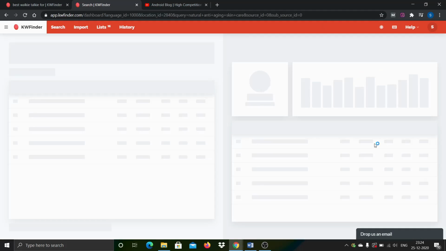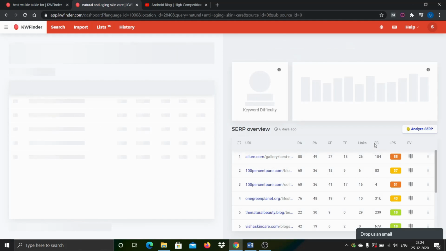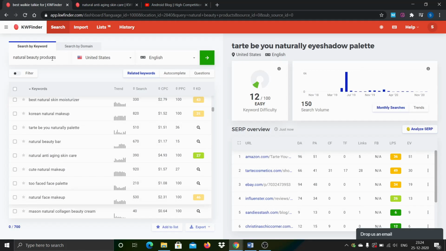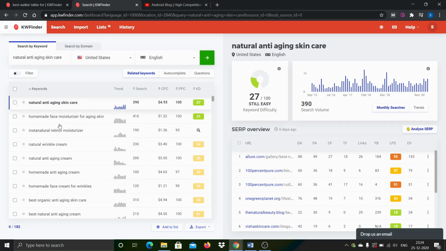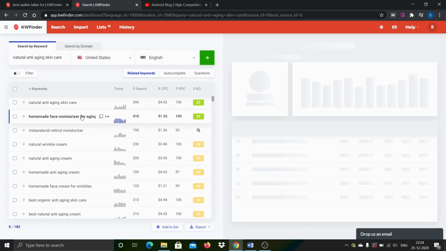You will be able to find out only the keywords associated with that. The first level is associated with natural beauty products. The second one is basically whatever keyword you picked up. Very good, right? Now if you find any of the keywords really attractive, for example, let's say it's 21, and